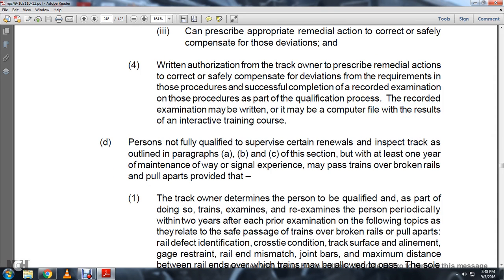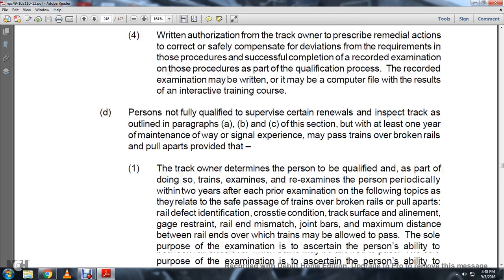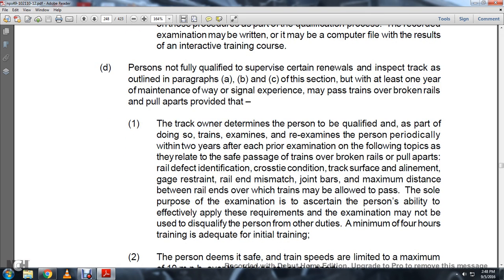D. A person not qualified under paragraphs A, B, and C of this section, but with at least 1 year of maintenance-of-way or signal experience, may pass trains over broken rails and pull-aparts provided that: 1. The track owner determines the person to be qualified, and the person is examined and re-examined periodically within 2 years after each prior examination on the following topics as they relate to